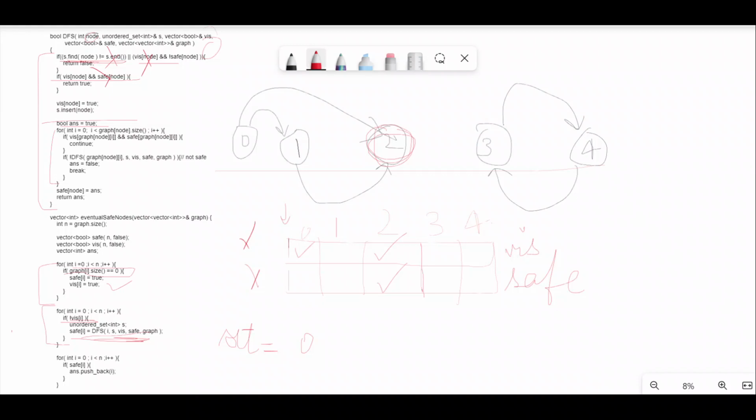After that, I'll take the answer variable as true and start traversing all the adjacent nodes of this particular node. If the current node is visited and it is safe, I just continue. For 0, I have two neighbors, 1 and 2. Since I get 1 first, 1 is not yet visited, so this condition is not satisfied. I will call DFS on this, passing 1 as the node and the rest are the same. When I come to 1, these two conditions will not be satisfied, so I will add it to my set,